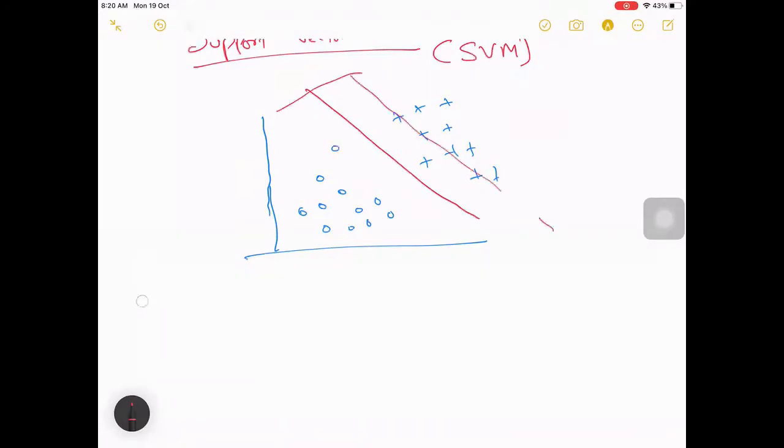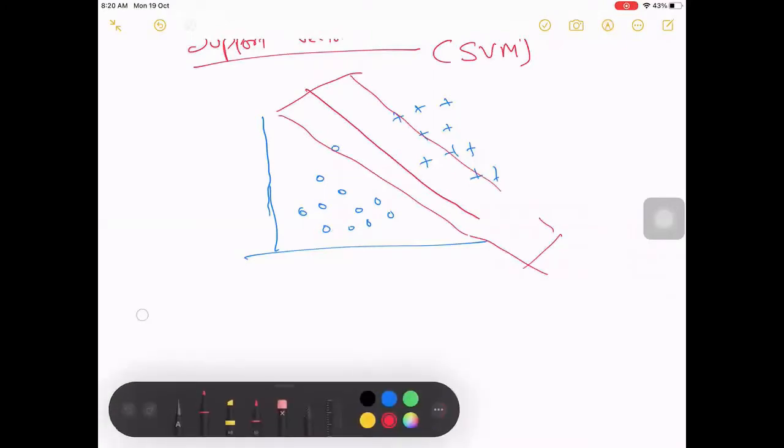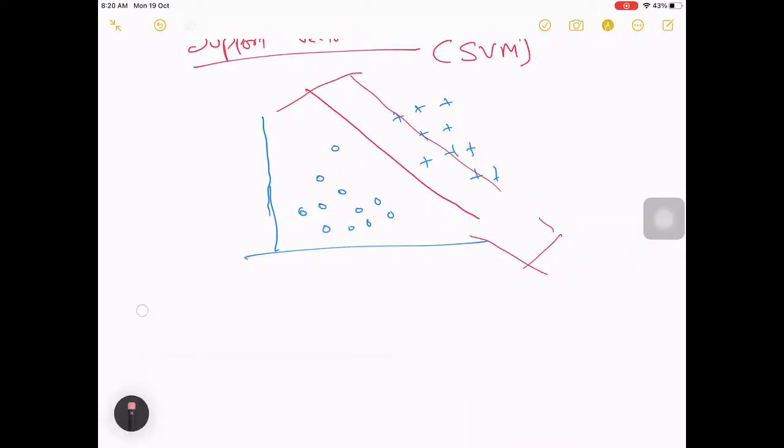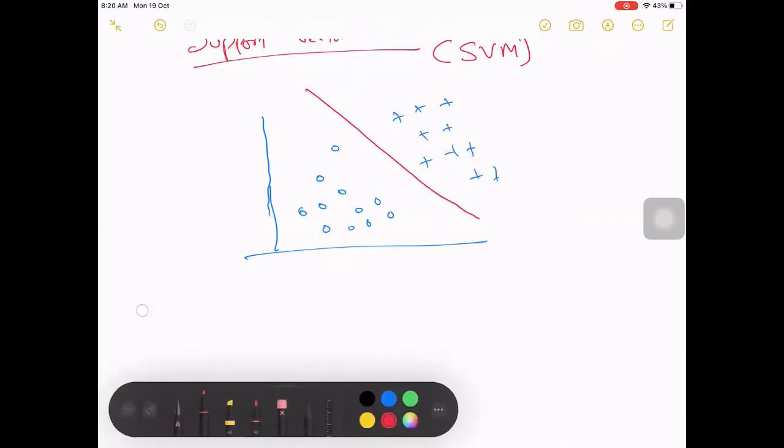So this will also come in three-dimensional, and it goes on. If it is four-dimensional, again it is a four-dimensional plane. But for simplicity, we are discussing more about two-dimensional, so let's do the same for this as well.